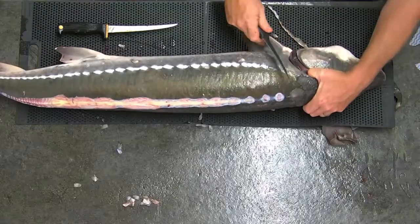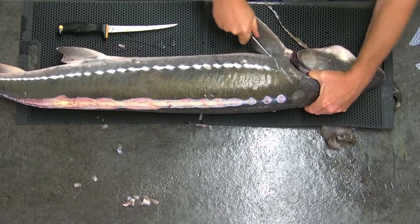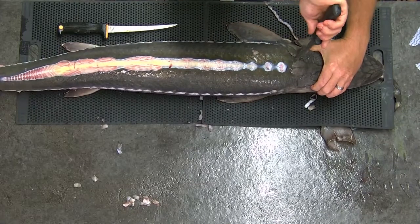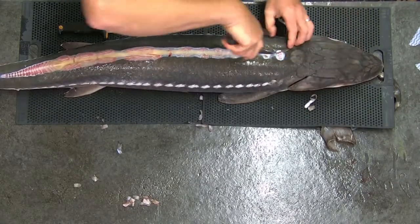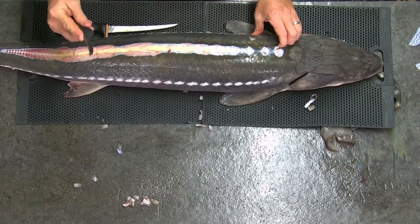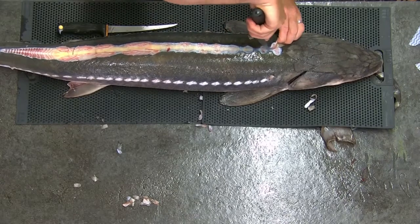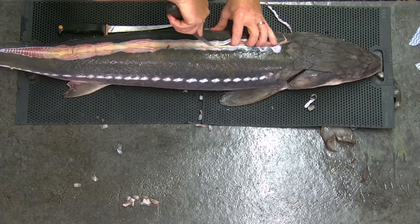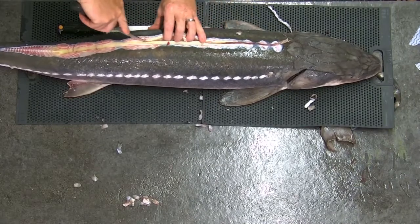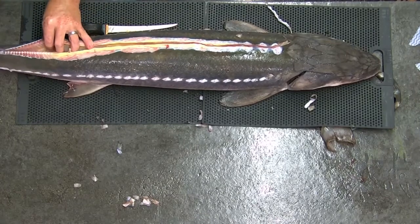Come back here, right behind the gill plate. That's like armor. So right behind that, make an incision right down behind the fin. Go around, kind of work around that last scoot of the head. And then for you hunters, this is going to be almost identical to taking the back strap off of a deer or an elk. You're just going to work right along this cartilage backbone. Just run this knife, making sure you're staying on the side of the backbone that the fillet you're working is on, and just take that all the way back